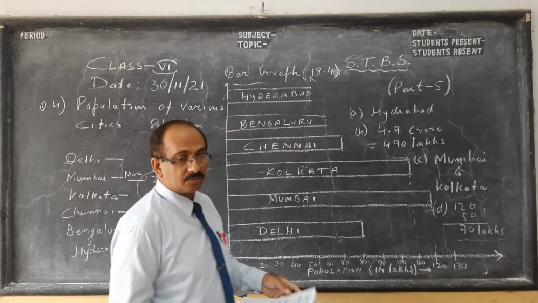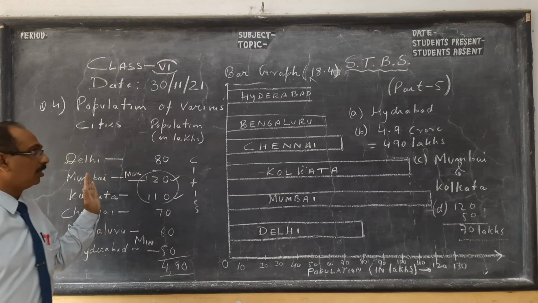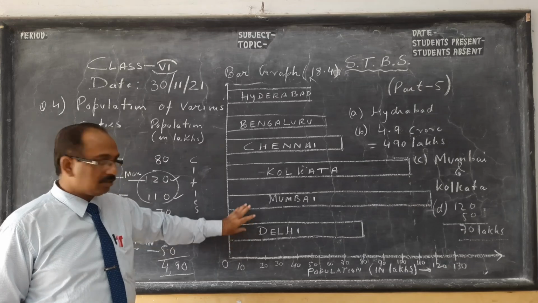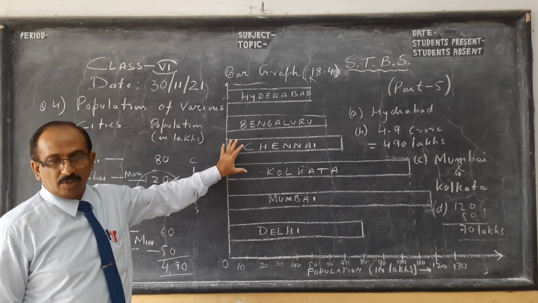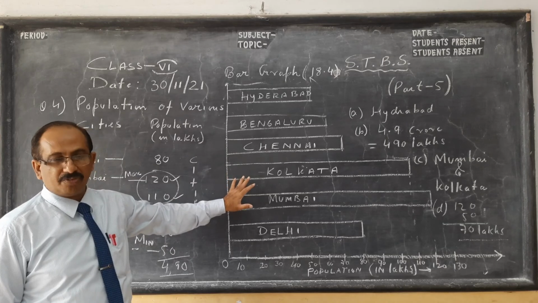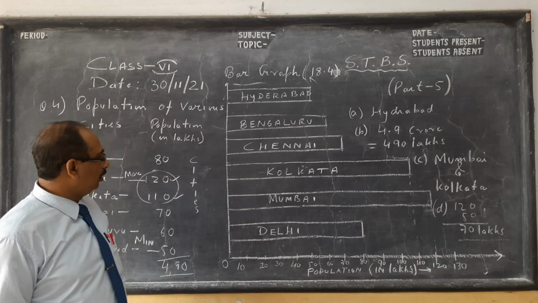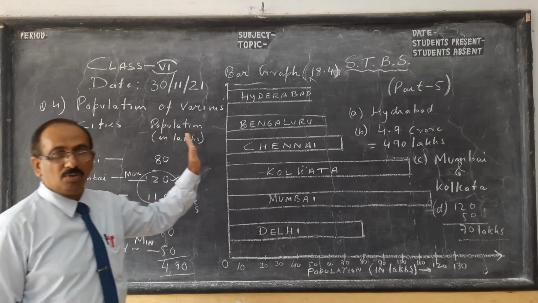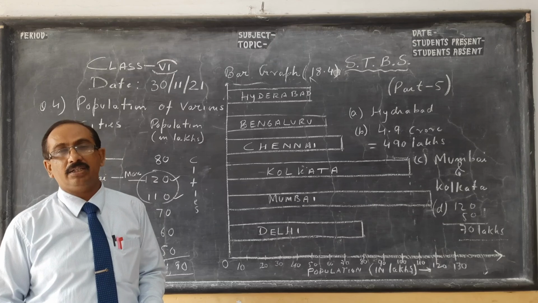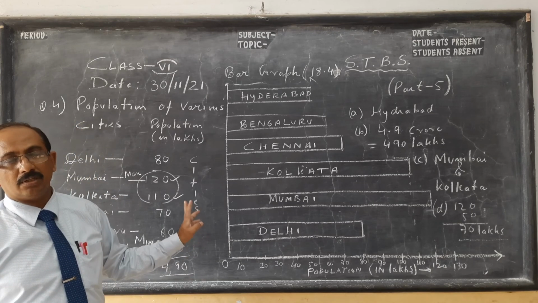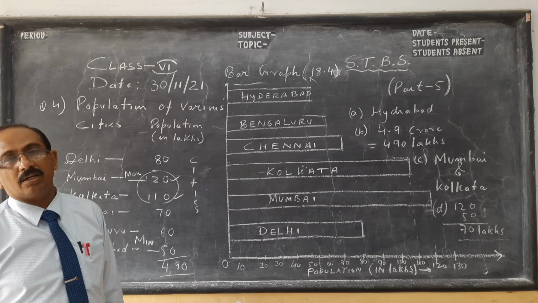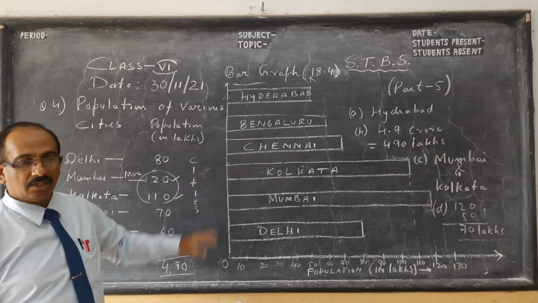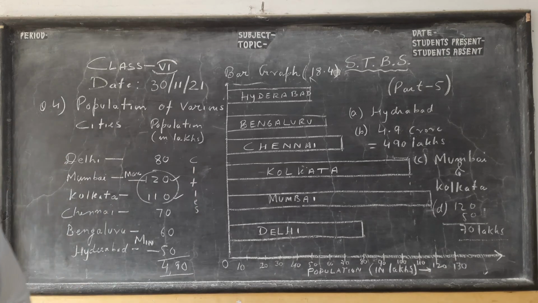So children, this is what we have about the horizontal bar graph. Once more, see the breadth and the gapping. It may not be very uniform here because I have used my free hand. So this is how we draw the horizontal bar graph. In my question 5, I have shown you the vertical bar graph. So please practice at least two questions each from the vertical bar graph and horizontal bar graph. Thank you, children, for watching this video lesson.